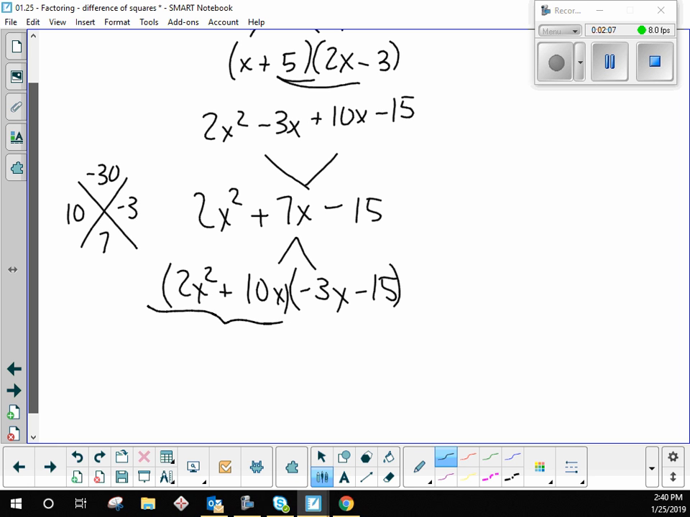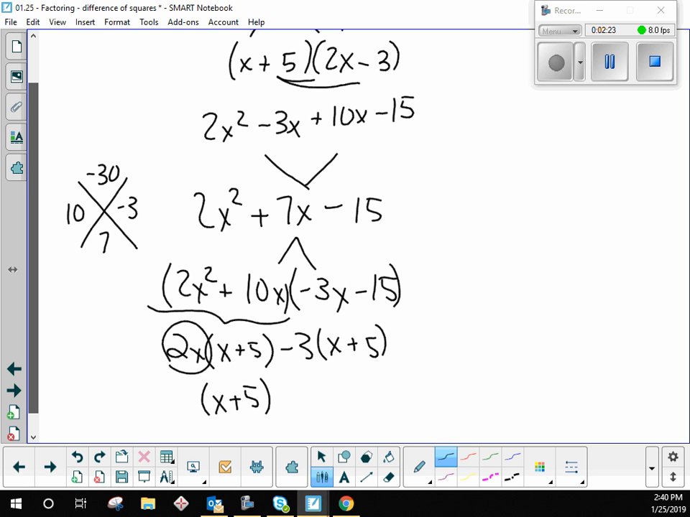This first group has 2x in common, leaving me with an x plus 5. This next group has a minus 3 in common, leaving me an x plus 5. And then what do they have in common? The x plus 5, and then 2x left over, and minus 3. Right? x plus 5, 2x minus 3. So really the work here is that splitting the middle term. So when we go back to the warm-up problems,